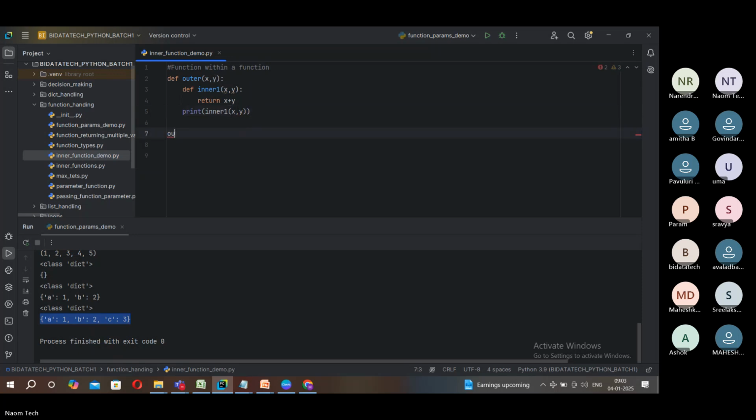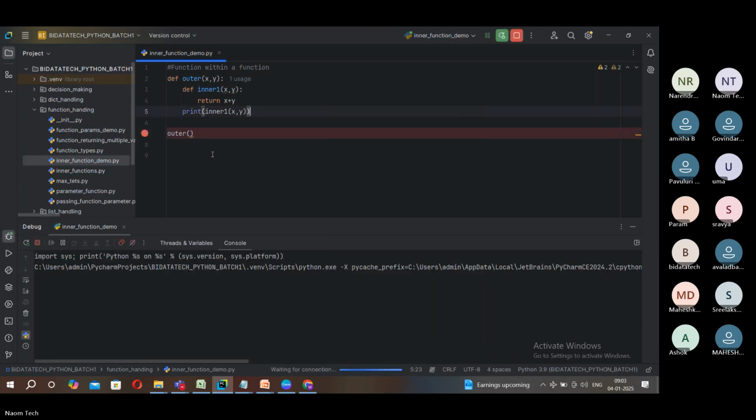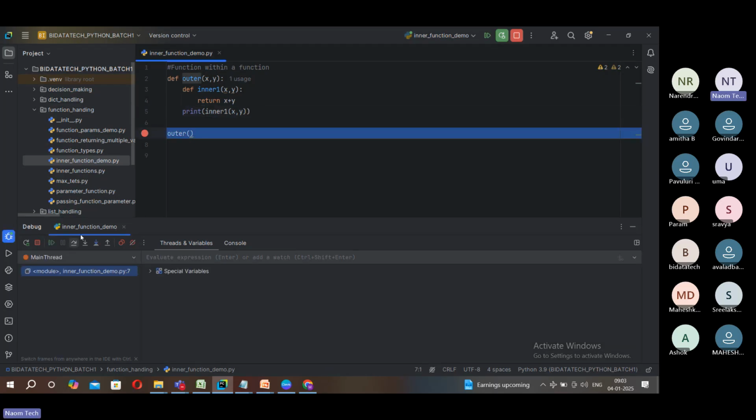Oh, sorry. Just call outer, run this now. Now what happens? This is the execution flow. Right click, debug this. This is one scenario. Now what is it here? Still it's, yeah, now you can see there. Now say step in, you step in,